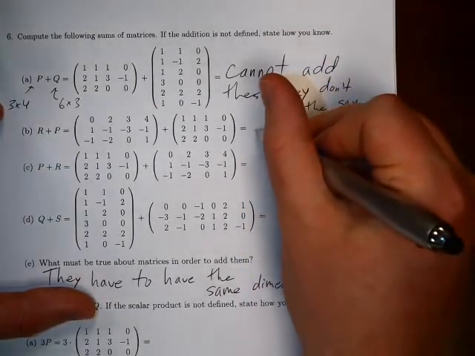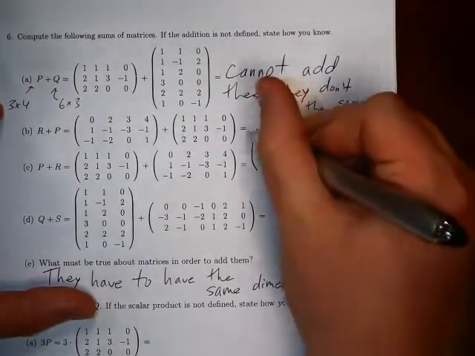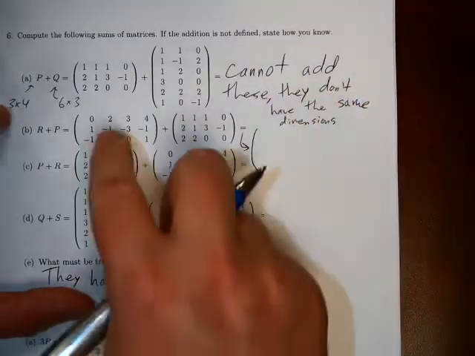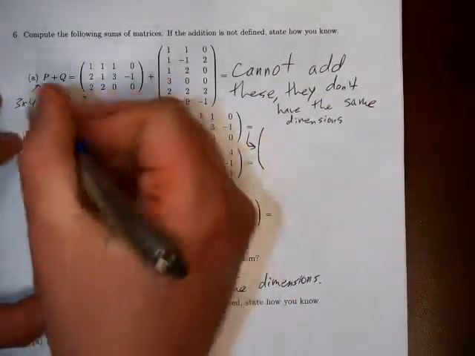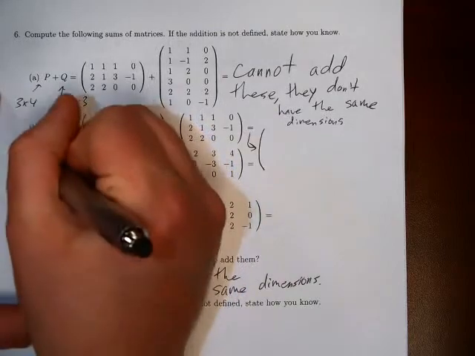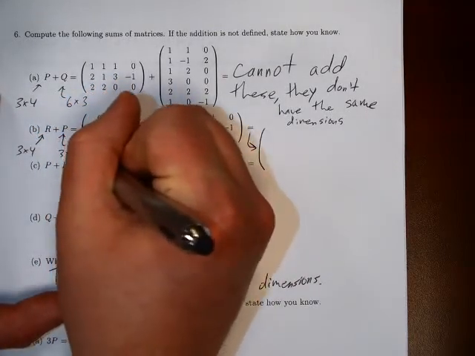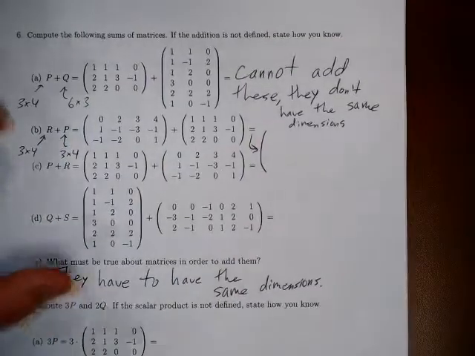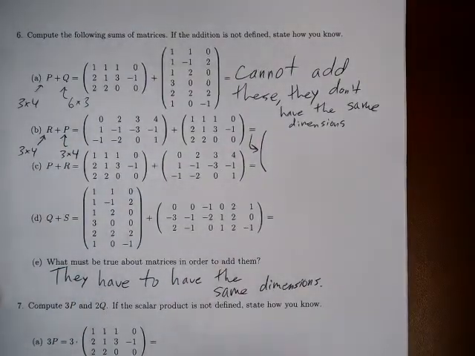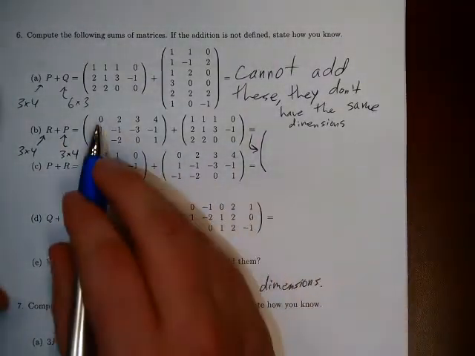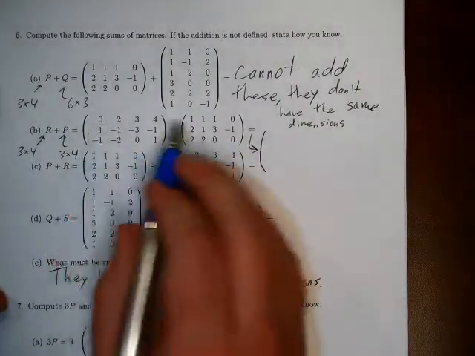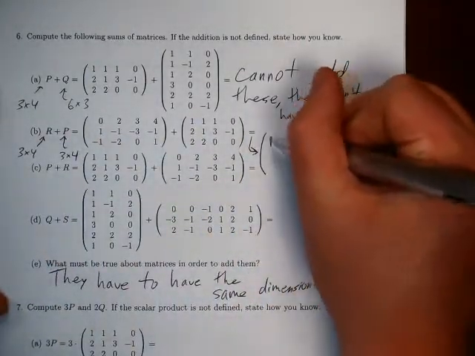If you look at B, here what we're doing is we have a matrix that has 3 rows and 4 columns, and another matrix that has 3 rows and 4 columns. So here we can add these, and we have to do that element with this. So we'll add the top left entries together, so 0 plus 1 will be 1,